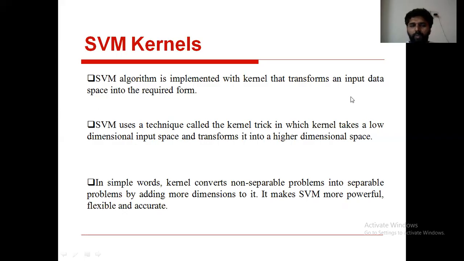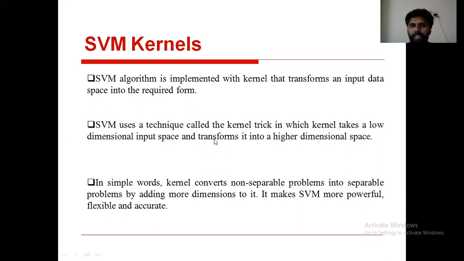See, why are we using kernels? Kernels are used to transform the input data space into a required form. Here, SVM uses a technique called the kernel trick, right? Here, kernel tricks are used to construct support vector machines.